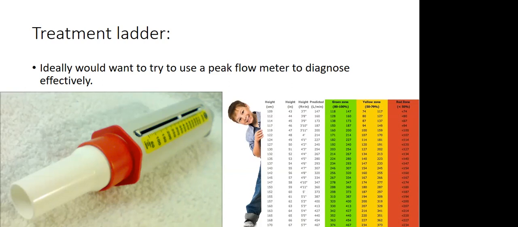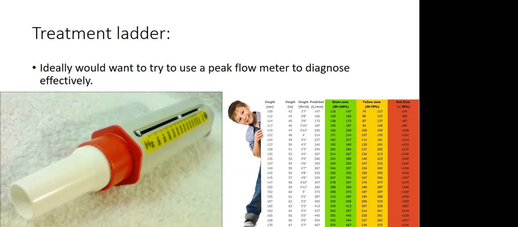So if you have a child and let's say they are 135 centimeters, ideally you want to see them in the green zone. So you would see, okay, their peak flow is coming out at, let's say, 280. I like to use liters per minute, it's much easier. Then you would say, okay, that's not bad. But then if it's dropping below that into the yellow zone, let's say it's coming out at 150, you'll know, oh, okay, this child's respiratory system is compromised, the airways are narrowed. We need to think about either giving some inhalers, or if they're more sick, bringing them on bed.